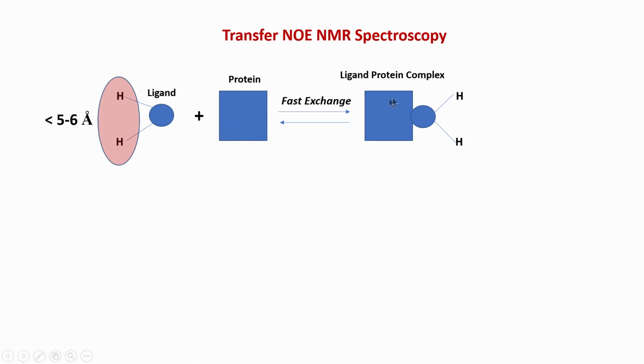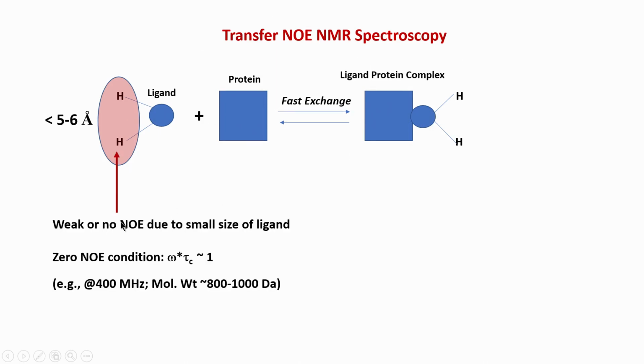Of course, that can change, but let us assume that this ligand is a weak interactor. So, when there is a weak interaction, the distance or structure may not be so much affected for the ligand, and this distance remains the same or similar, it need not be exactly the same. So, when there is a free ligand, remember, this is something I showed in the last lecture, for a small molecule typically this condition happens depending on your omega value, which is your spectrometer frequency, and depending on the tau c value, which is the rotational correlation time.